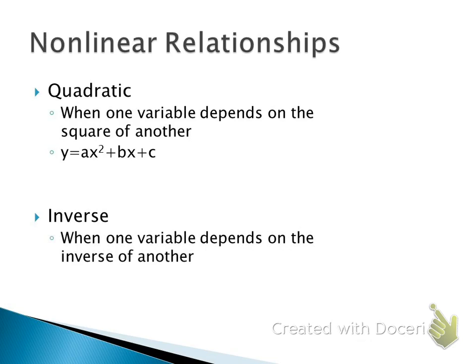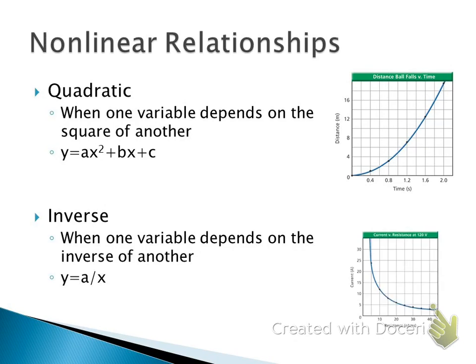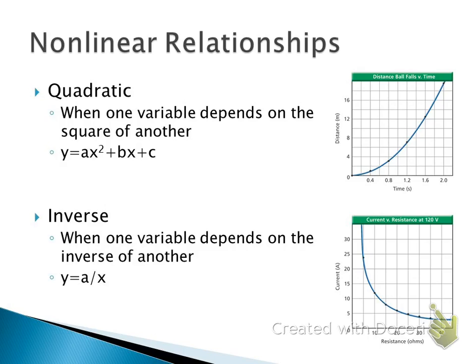Our last type of graph is called an inverse graph, when one variable depends on the inverse of another. Our equation there for the line of best fit is y equals a over x. So there's our quadratic graph and there's our inverse graph. These two both have a line of best fit. For our quadratic graph, the equation of this line is y equals ax squared plus bx plus c. This line right here is y equals a over